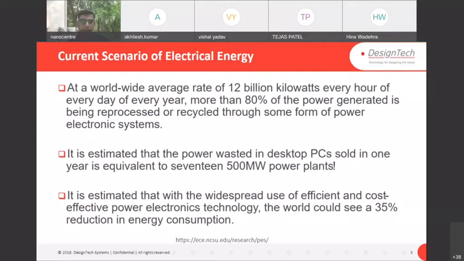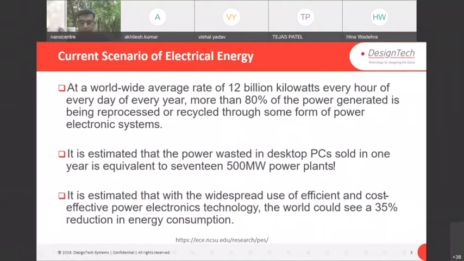The power which is wasted, right? Also it is estimated that with the widespread use of efficient and cost-effective power electronics technology, the world could see a 35% reduction in energy consumption.